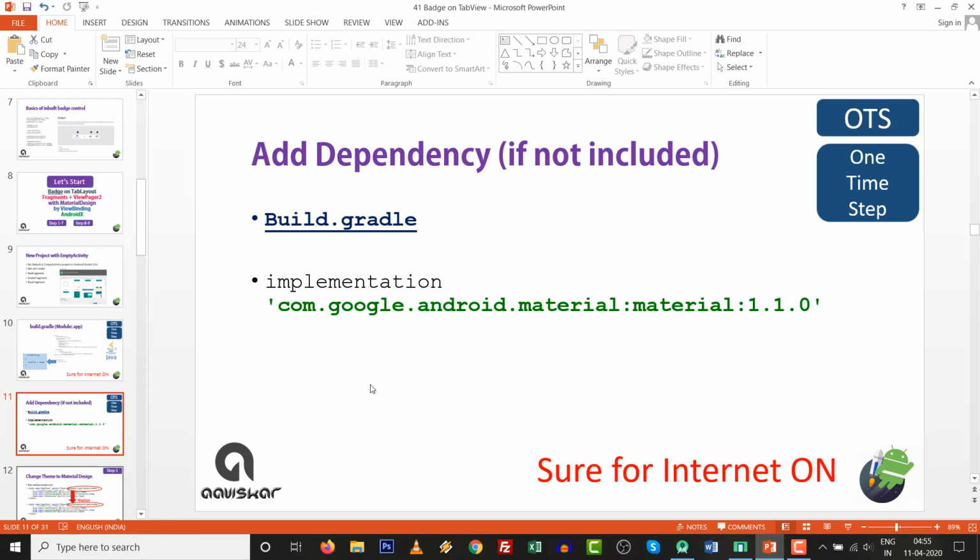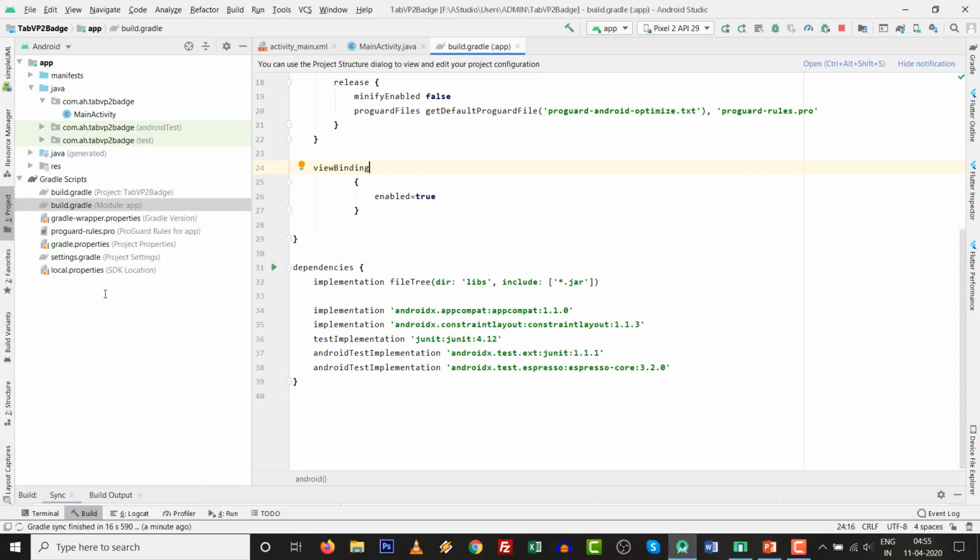com.google.android.material:material:1.1.0. If a newer version is available for material design, then you can implement that one. Make sure that 1.0.0 has no badge control on it. So if you want to add it, then use the material 1.1.0 version. So mind well which dependency and which version we need to add inside the Gradle file. So go to the Gradle file and over here just write implementation com.google.android.material